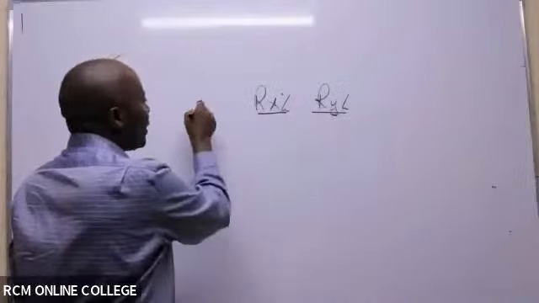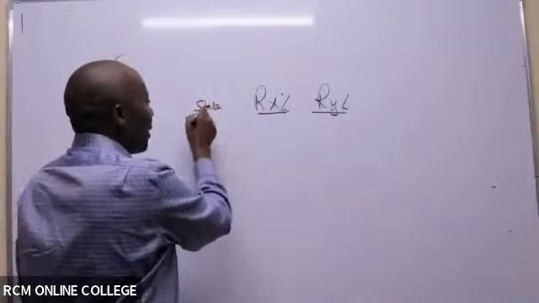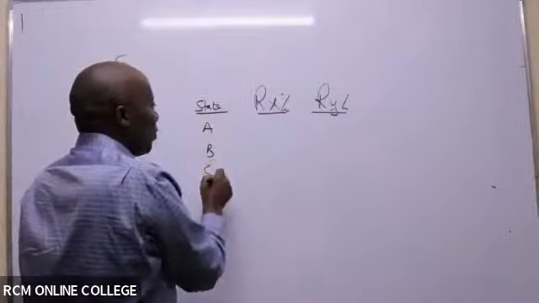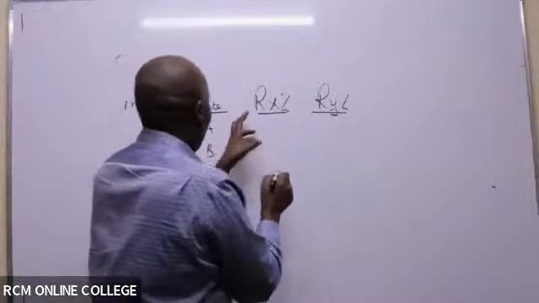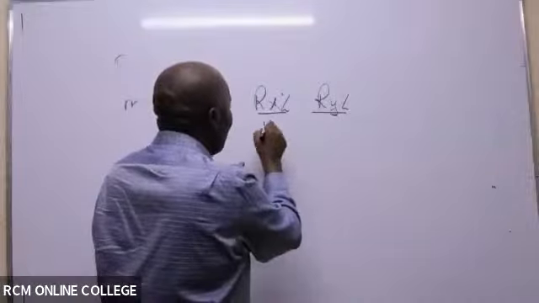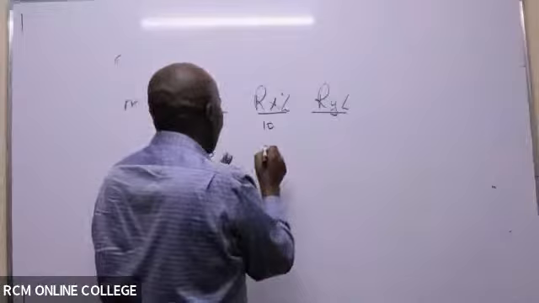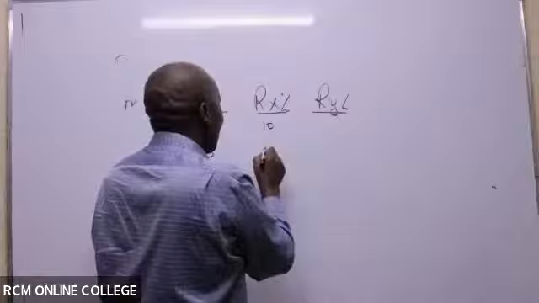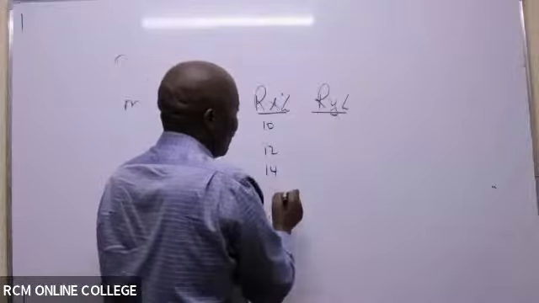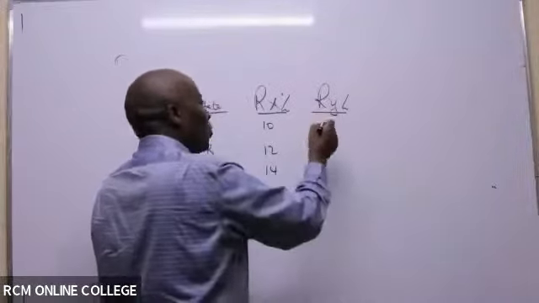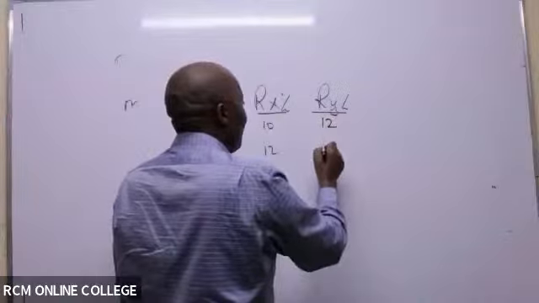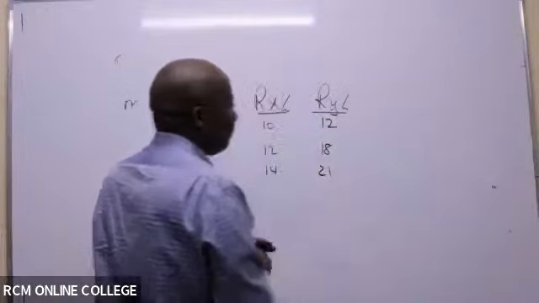And then we'll be given states of the economy. You know, the economy can dance any way. So A, B, C, for example. If it's A that will prevail, then X will give us 10. If it's B that will prevail, then X gives us, for example, 12. This one here, 14, like that. For Y, it could be quite close. So we have 12 there, maybe 18, maybe 21, like that.